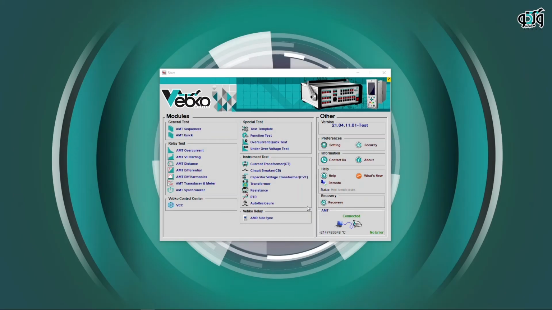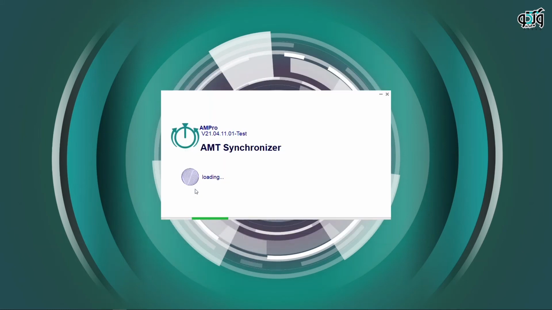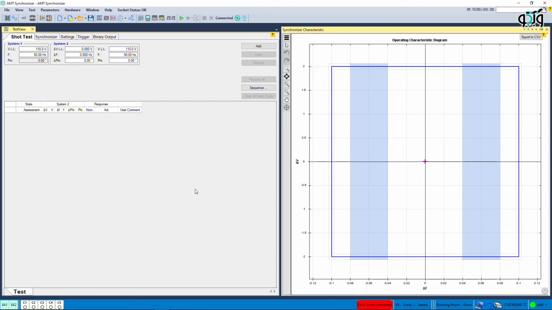An introduction to AMT synchronizer. To test synchronizer relays, AMT synchronizer room can be used. The synchronizer is a piece of equipment that is used to connect the generator to the grid that is being